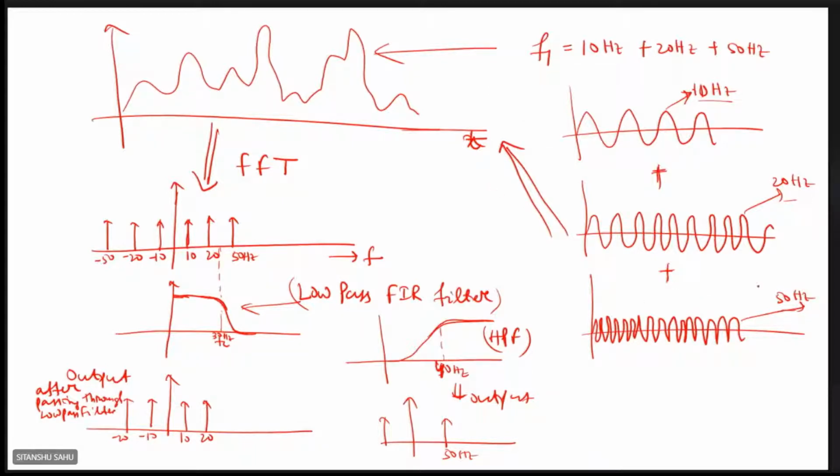Remember, when you composite all the frequencies, the sampling frequency fs has to be at least greater than or equal to how much? 100. The maximum, yes, 100. It should be greater than or equal to 100 hertz. So whenever you generate these signals, this is S1, this is S2, this is S3, right? When you generate these three signals, in each case you should maintain a sampling frequency of at least 100 hertz. Don't keep any signal below 100 hertz. Okay, clear? To generate a better and proper composite signal.